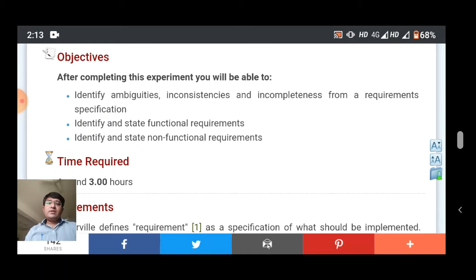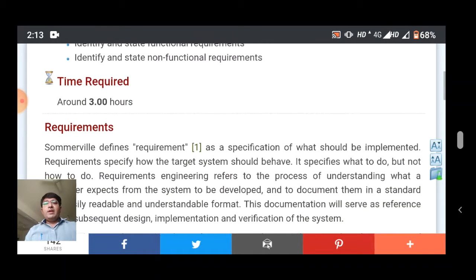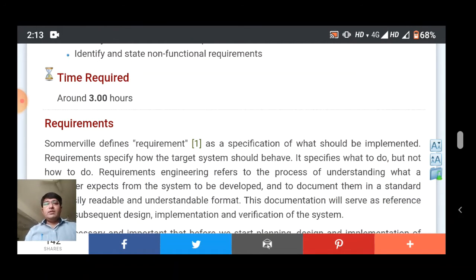So what do you mean by functional requirement? Functional requirement means whenever we click on a GUI based platform, each and every menu that is displayed to represent our navigation from one side to another is called the functional requirement. The non-functional requirement is nothing but the complexity as well as the speed and accuracy of your software or your website. That is called the non-functional requirement. The experiment requires 3 hours, but in this short video lecture we have covered the total description.